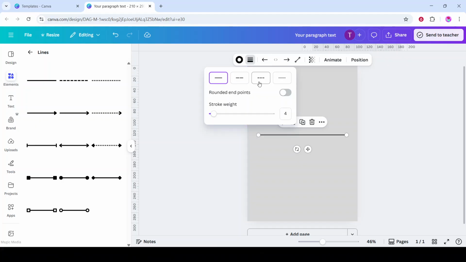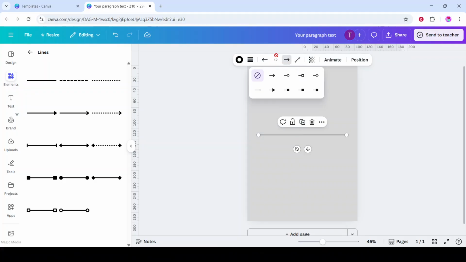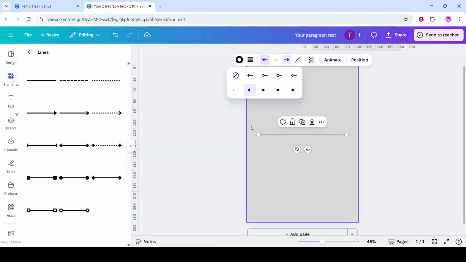You'll see drop-downs labeled Line Start and Line End. Open the drop-down next to Line Start to choose how the arrow begins, and open Line End to choose how it finishes. Pick a pointed arrow for direction, a circle or square for a connector, or match both ends to create a double-headed arrow. Use a start-only arrow to indicate where something begins, or an end-only arrow to show where